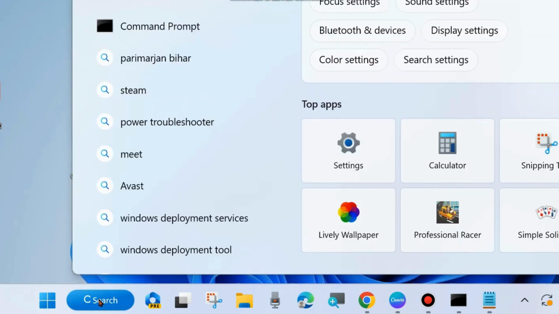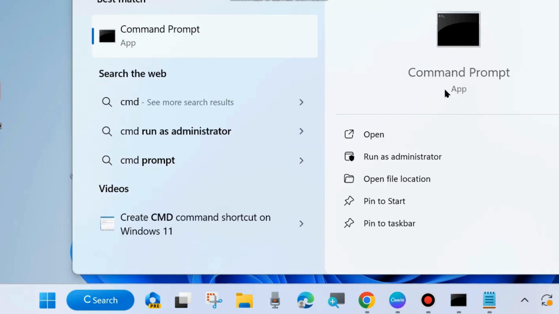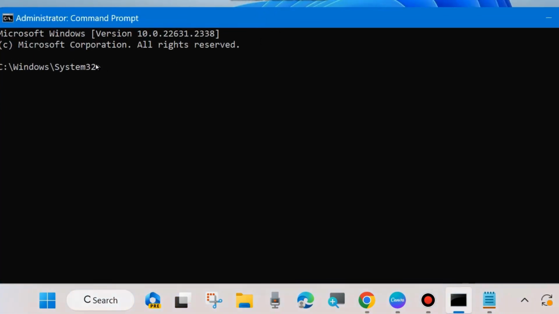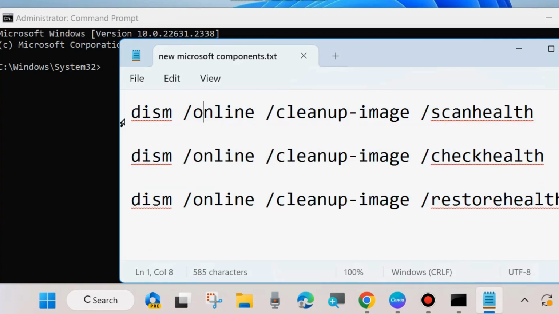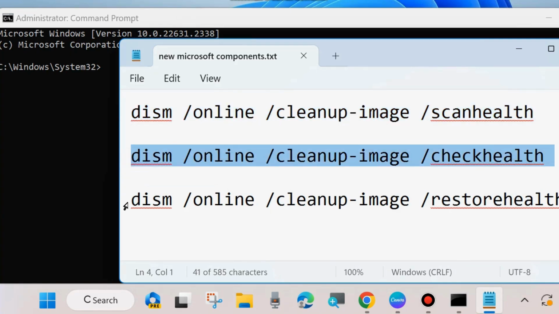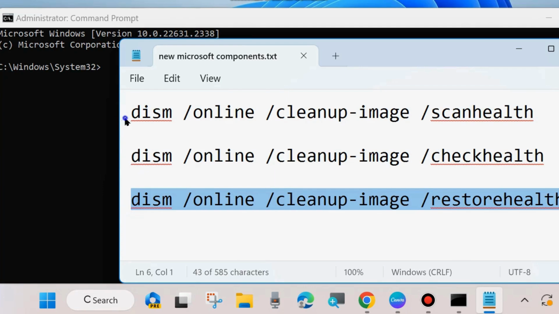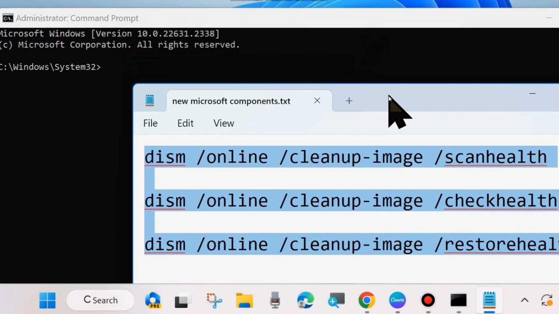Go to Windows Search and type CMD. Command prompt, open as administrator mode. Click on run as administrator. And in the command prompt window, execute these three DISM commands one by one, as shown on screen: dism online scanhealth, dism online checkhealth, and dism online restorehealth. Execute all these three commands one by one in the command prompt window. Don't forget to press enter after each entry, and thereafter